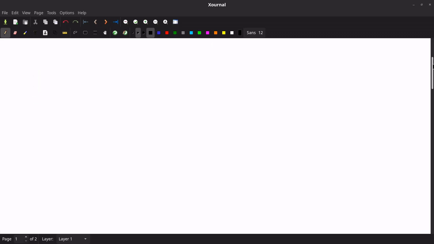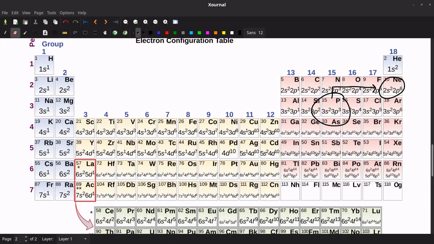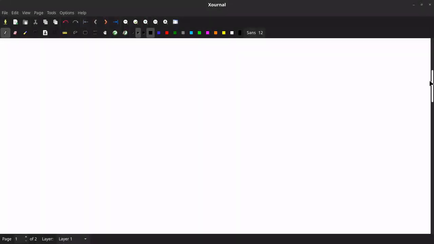I'm going to come down to the table that we used here. And this time what we're going to be looking to do is to find oxygen, which is right here. We know the valence portion is going to be 2s2, 2p4, and then we're going to come up and over, so it's going to have a core of helium. We're going to come up here, so we have our helium core,